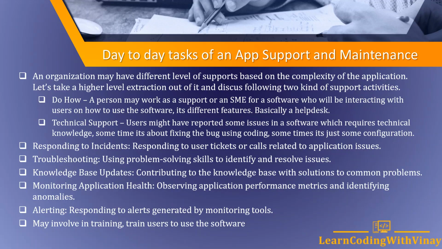Then alerting. Now, a lot of organizations use an alerting mechanism for their mission-critical applications. What is meant by an alerting mechanism here? Let's say we are working on a banking or any other critical application that uses a server. Now we have set an alert saying that whenever CPU usage goes to 80 to 85%, there should be an